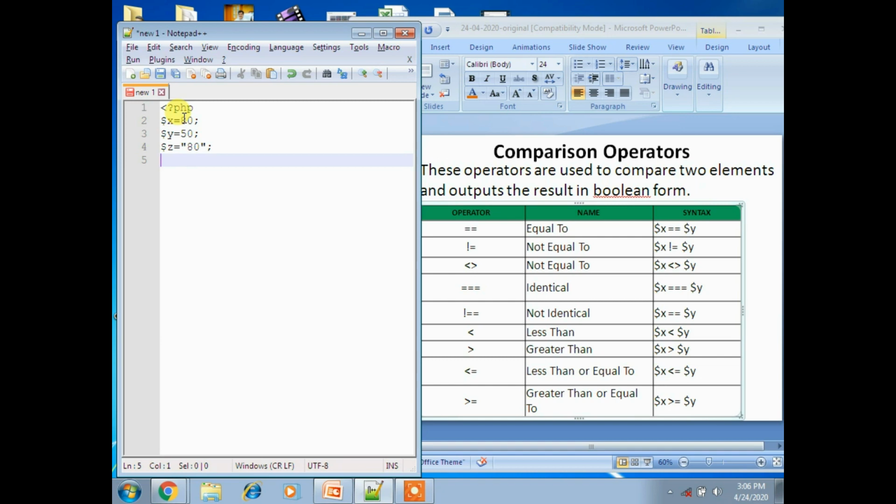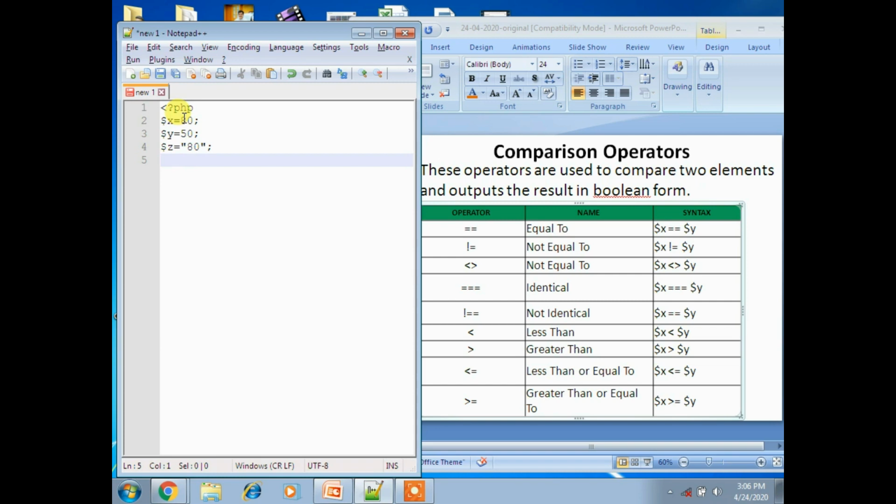Now here I use the var_dump function, which returns the data type and its value, and displays structured information about the expression.